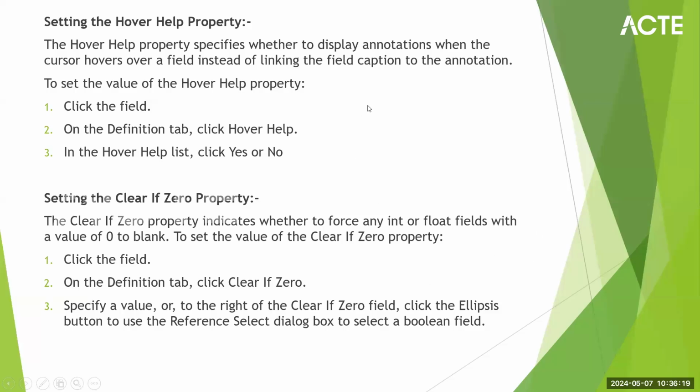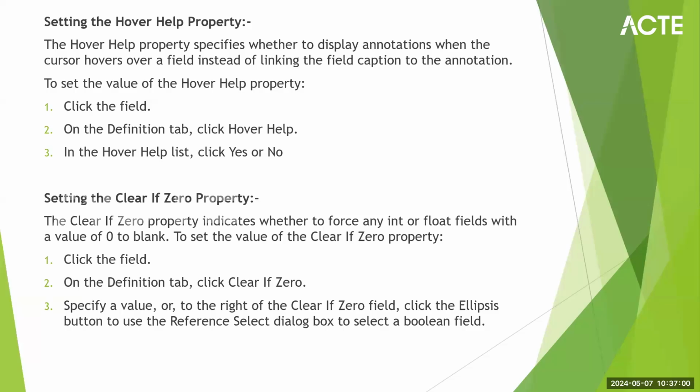Setting the clear of zero property. For example, I have entered the particular name as Mega. I navigated to another screen and I came back again to that particular screen. Now I don't want that Mega to be displayed by default. I want to change and give some new values. But it is a user editable field.